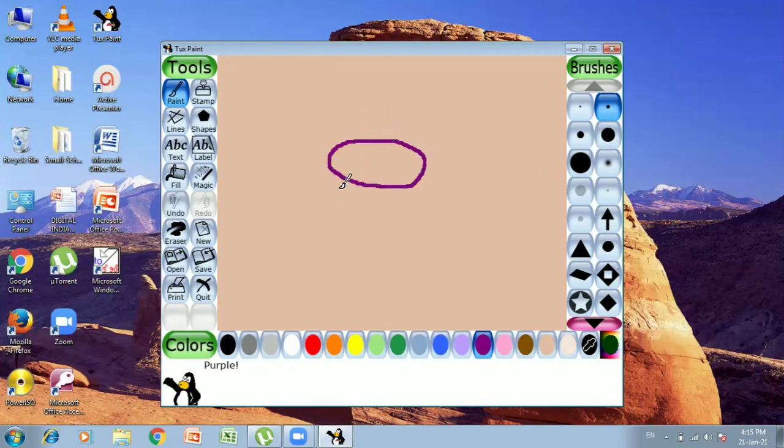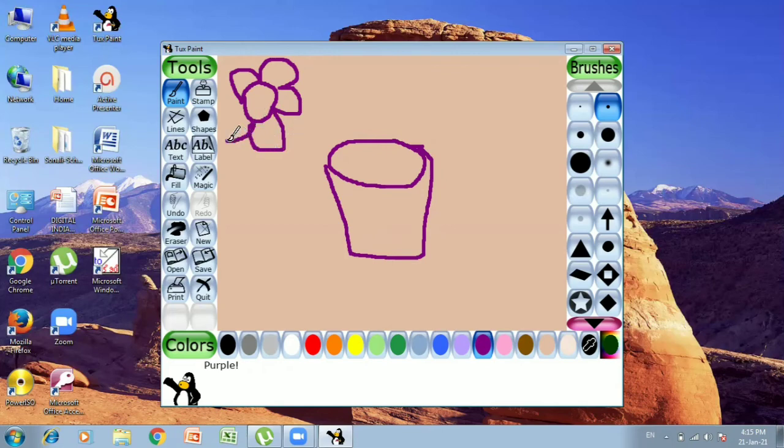I'm drawing it with the help of the mouse only, not using any kind of tool here. It simply works like a pencil as you draw in your notebook. See, I'm trying to draw a flower with the help of the mouse only.